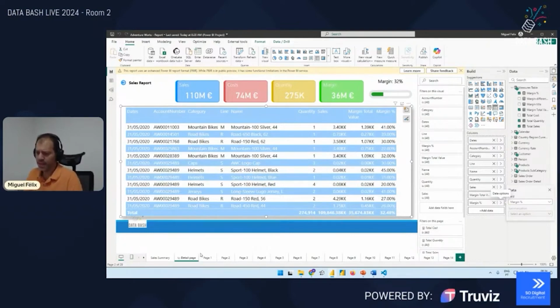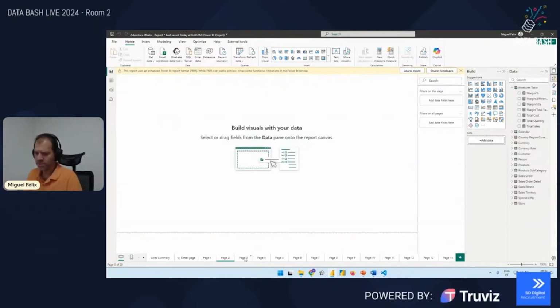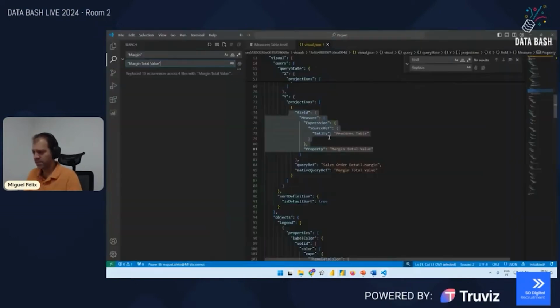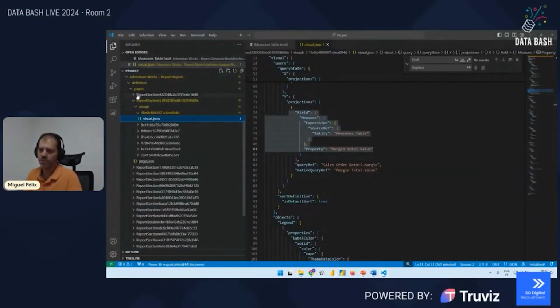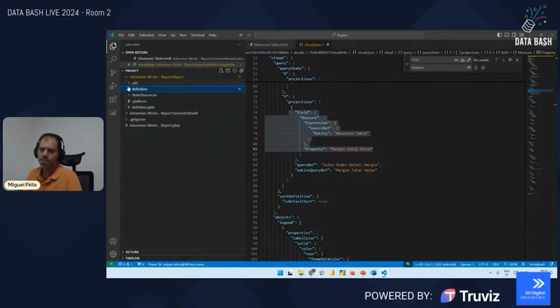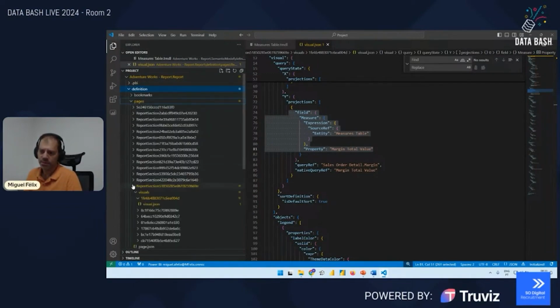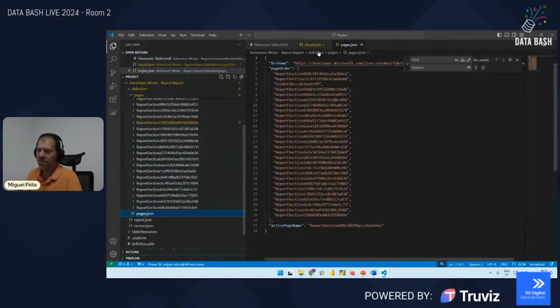Let's see another thing. Let's see all these pages that we have over here. We want to get rid of this, and on top of this, we also want to move this page from this spot and put it as the second page, okay? Let's just close this, and now let's look again at our report folder. So our report folder, as I said, has a couple of things over here. Let me close this one. We have the pages definition